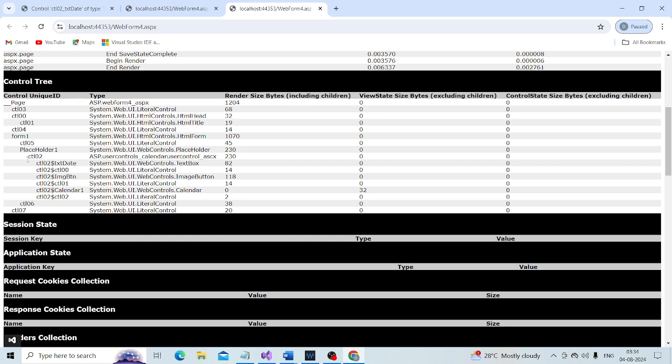It is saying CTL02. That is the ID which is given to my web control, calendar user control. Here it is.